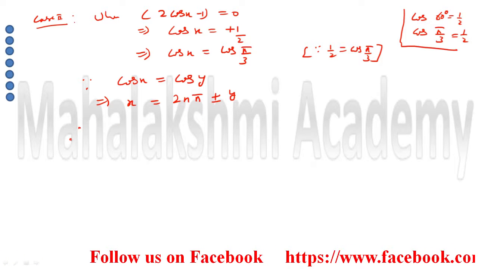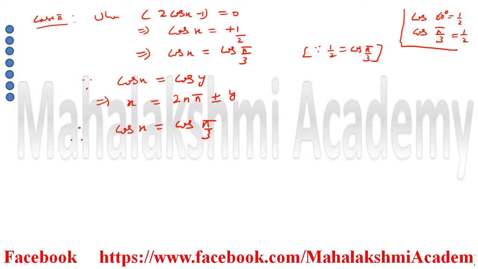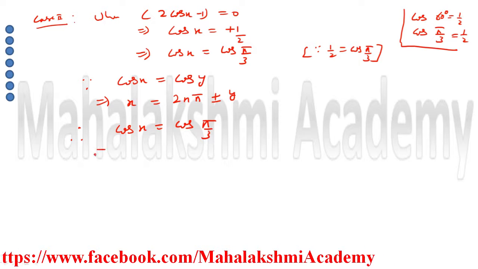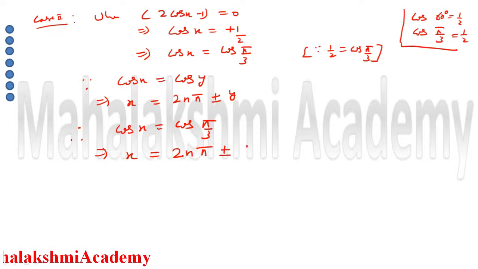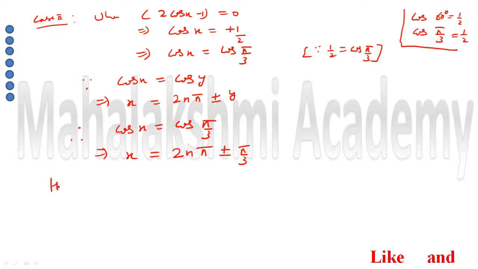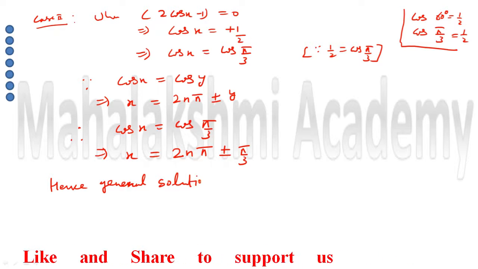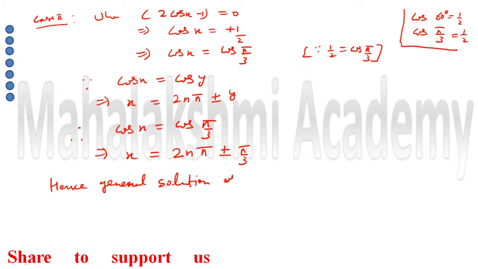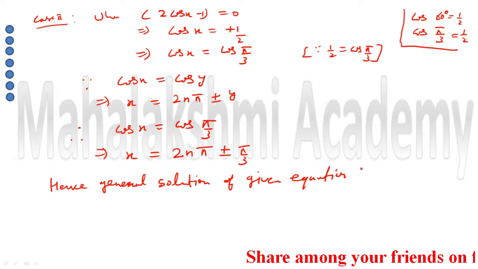So when we have cos x is equal to cos pi upon 3, instead of y, what we have this time? Pi upon 3. In that situation, x is equal to 2n pi plus minus, instead of y, what we have? Pi upon 3. So this is our general solution. So students, hence general solution of given equation is,